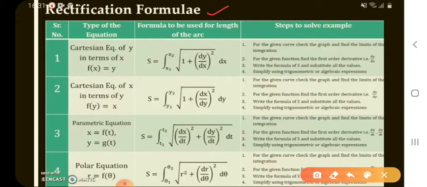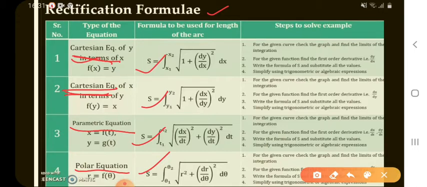Here we have four types of formulas. When we use these four types of formulas, it's based on the given equation. So here we have four types of equations. The first model is Cartesian equation. Again in Cartesian equations we have two models. And third one is parametric equation. Fourth one is polar equation. These were all discussed in video 1. Again I discussed it here. From Cartesian equations we have two models, and third one is parametric equation and fourth one is polar equation.